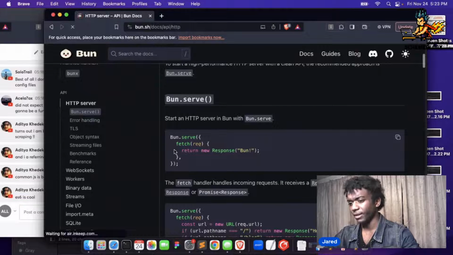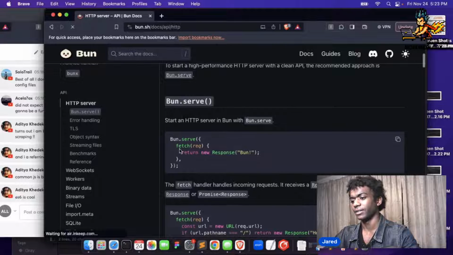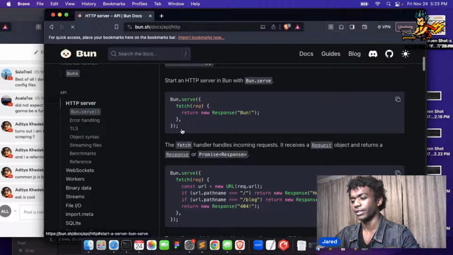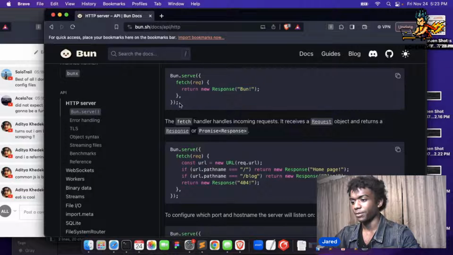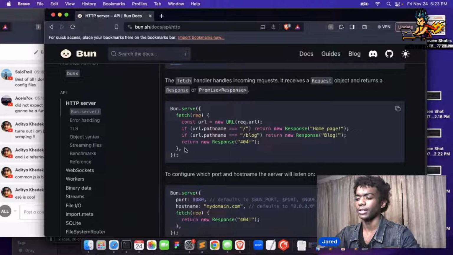So they have a serve function. Oh, what's happening? The site's just not working well. Okay, but cool. They have this Bun serve where you run your HTTP server, and it looks like